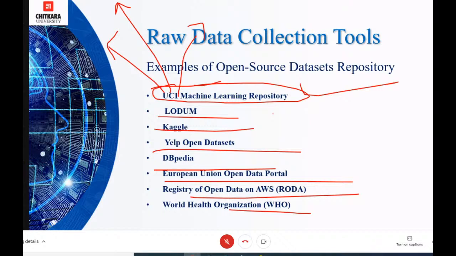Okay, so the Center for Machine Learning and Intelligent Systems at the University of California, Irvine hosts and maintains it. That's why it's named UCI, because it is maintained by the Center for Machine Learning and Intelligent Systems at the University of California, Irvine. David had originally created it as a graduate student at UCI, or University of California, Irvine.